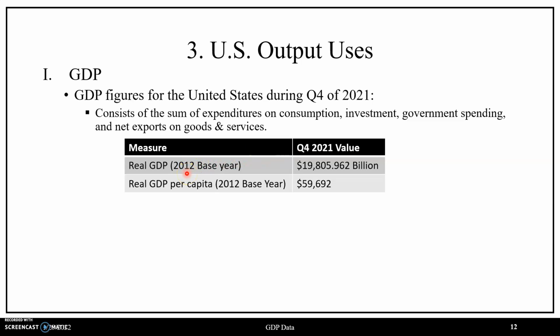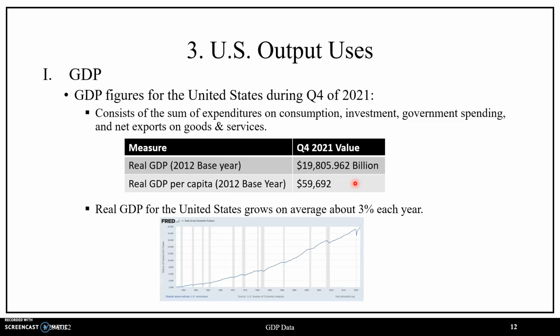So we are controlling for prices in terms of how this was constructed, and the prices that we're using are for 2012. Our value for real GDP, so all goods and services, is $19,805.962 billion. And in terms of real GDP per capita, it is $59,692. So what this means is, after controlling for prices, if we took a random person off the streets of the economy of the United States, we would on average expect them to have an income of